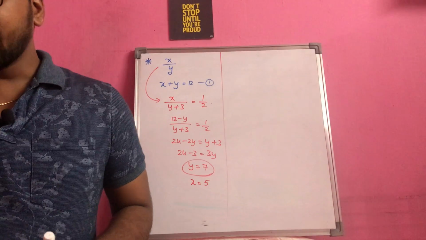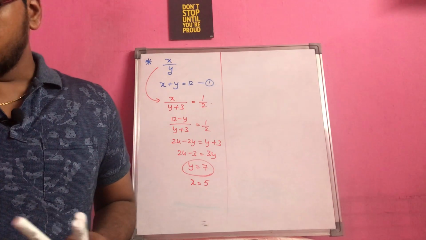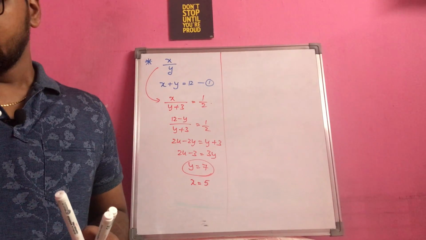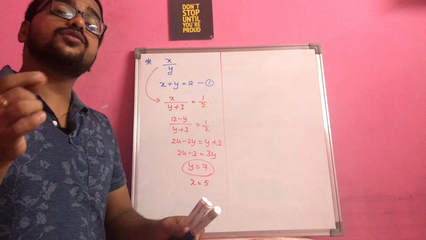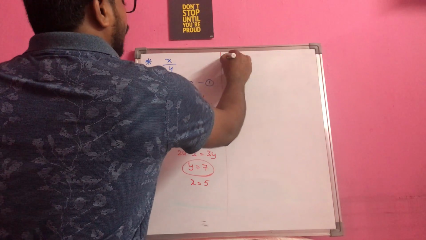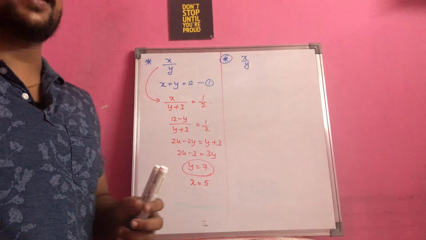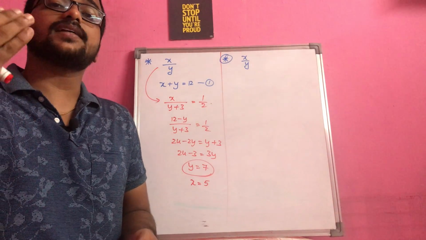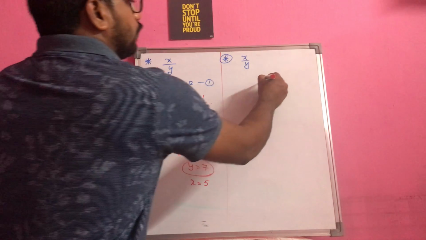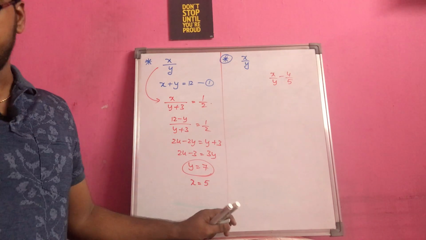See this. A fraction reduces by 4 by 5 when 2 is subtracted from the numerator and 3 is added to the denominator. See, a fraction reduces by 4 by 5. So, if I have a fraction, please understand the question. They are not saying that the fraction reduces to. They are using the words fraction reduces by. So, the actual fraction is x by y. Fraction reduces by 4 by 5 means x by y minus 4 by 5.